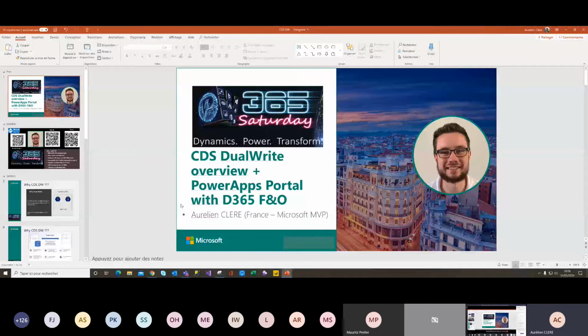So some people use the Enterprise Portal in AX 2012, but with finance operation, we don't have this Enterprise Portal now. So I said, the CDS dual write can really help us to integrate and create a web portal.